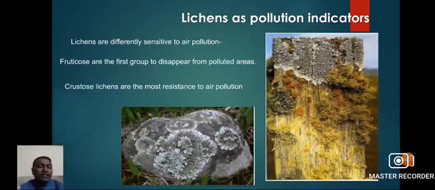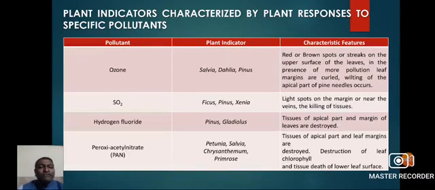They act differently. Fruticose lichens are the first group to disappear from the polluted area. Fruticose lichens you can see on the right hand side. Crustose lichens are most resistant to air pollution. Plant indicators characterized by plant responses to specific pollutants are summarized in this table, in which you can see that